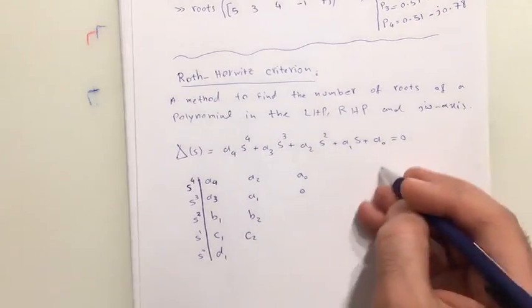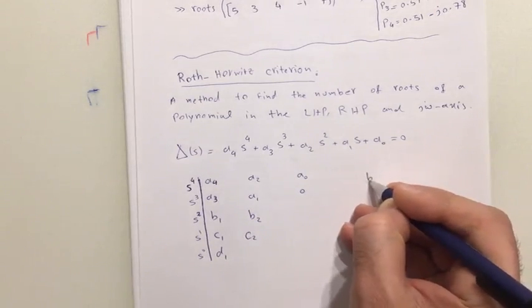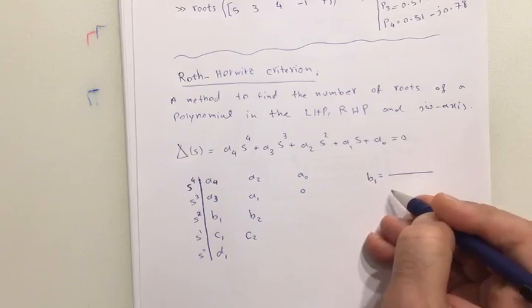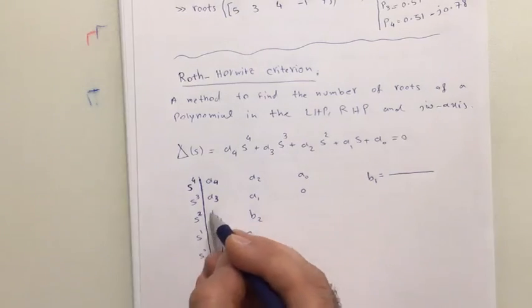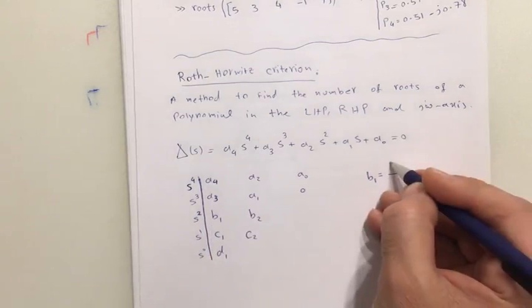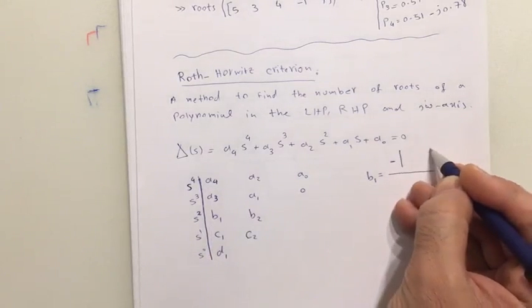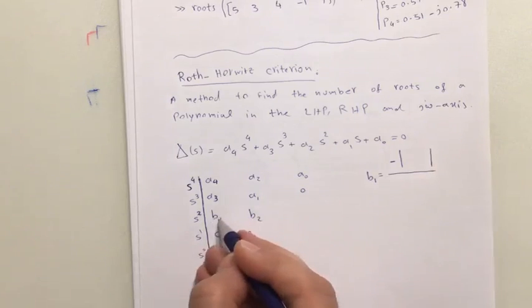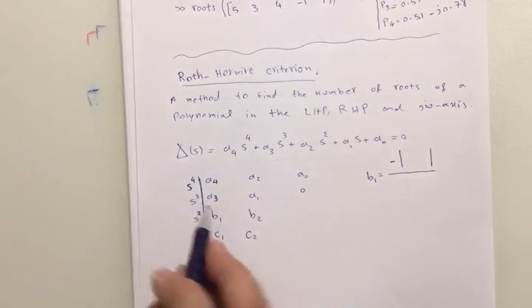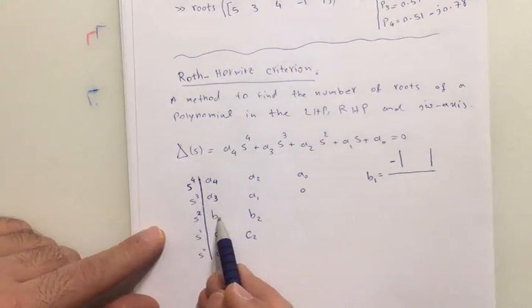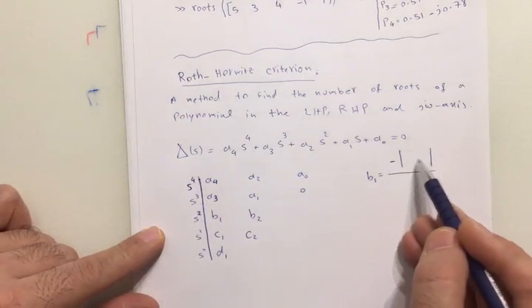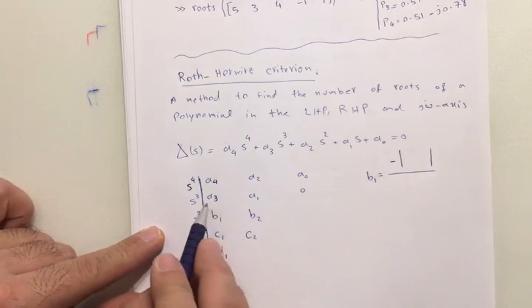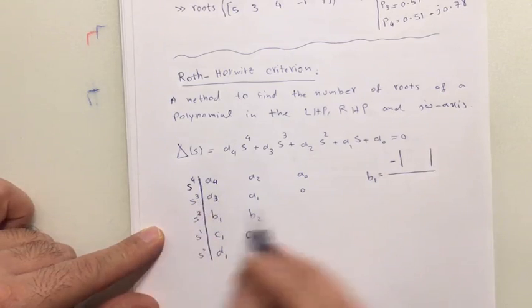So how to find B1? Actually, B1 has a general form: minus a determinant divided by the first element of the previous row. So we are talking about B1. It would be minus a determinant. I will talk about that determinant later. But it would be minus a determinant divided by the first element of the previous row. So it would be